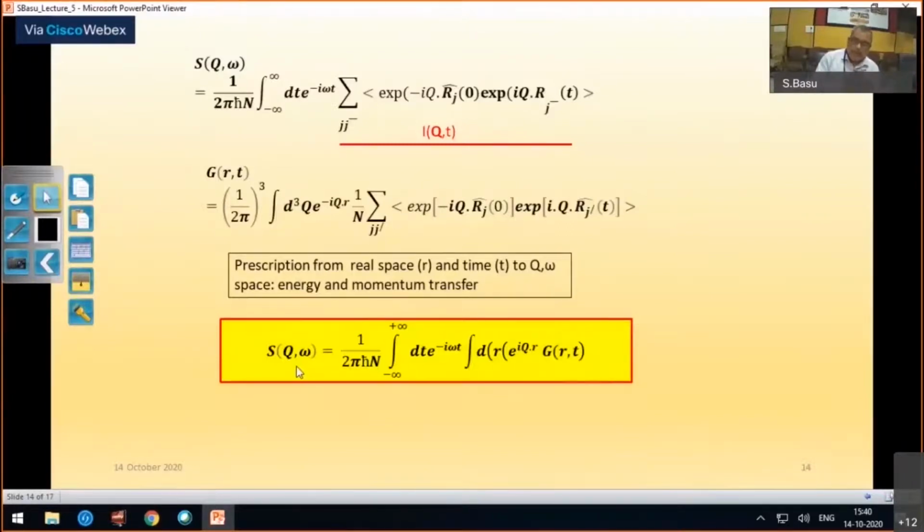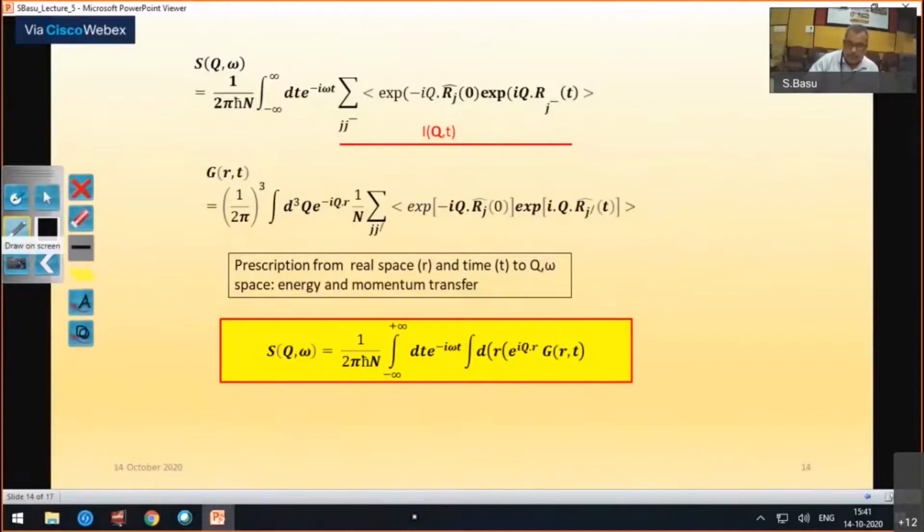If you talk about diffraction, we don't consider the energy transfer, then the magnitude of k prime and magnitude of k are exactly the same, and that is diffraction. But if they are not the same, then I am measuring S of q omega. How? I'll come to that later. And my attempt is to get back at how the function behaves in real space and time. When I say space, it's structure. When I say time, it is dynamics in the system.